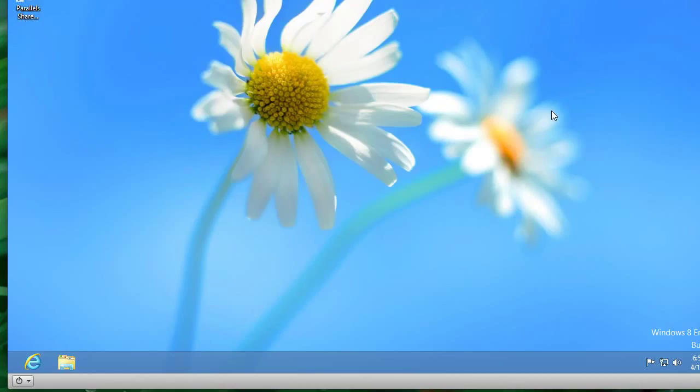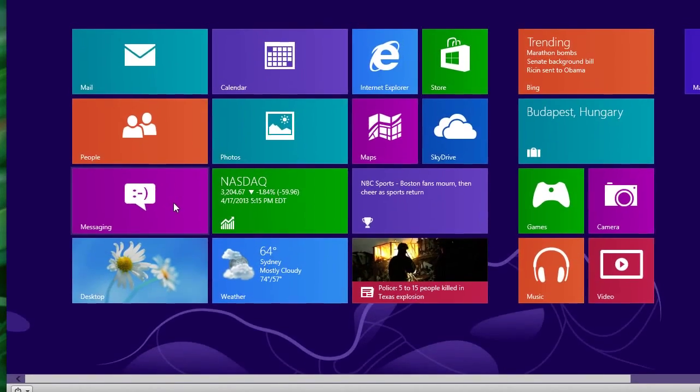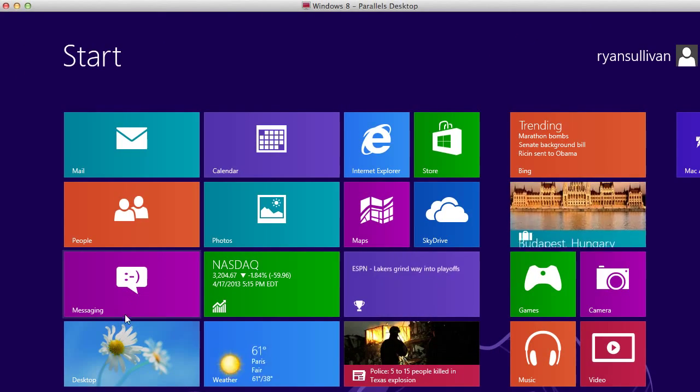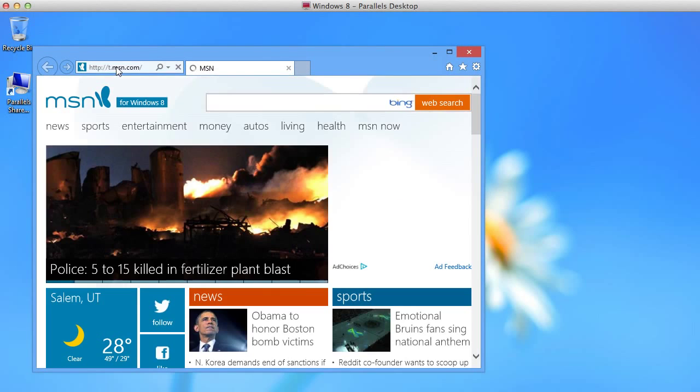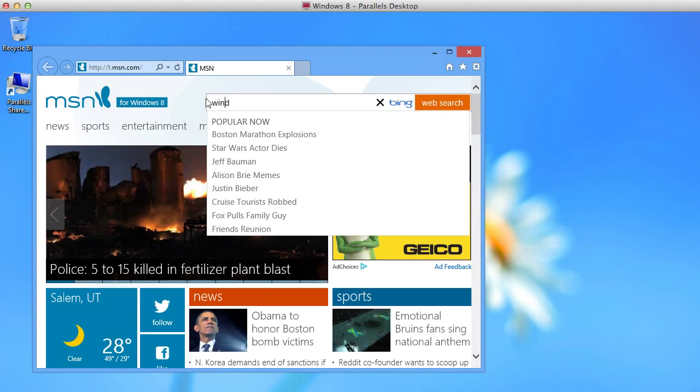I basically just waited 11 minutes. Windows is installed now, and as you can see, we are now running Windows 8 on our Mac. Which is pretty sweet. So the rest is pretty straightforward. All we need to do is